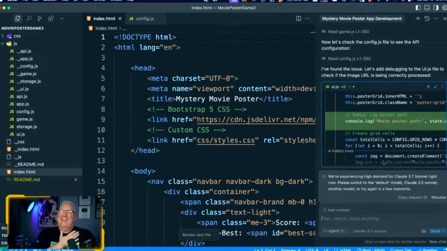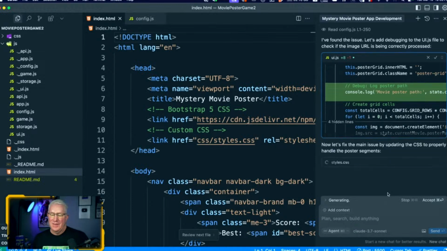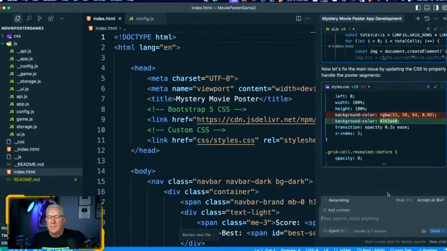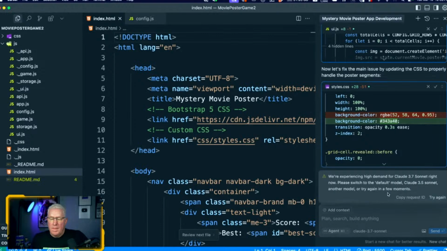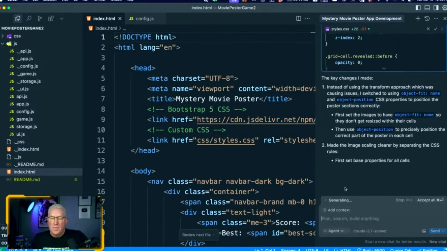Yeah, there you go. That's the problem. So 3.7 is not working. Try it one more time though, just to see. It's still working on it. Oh, okay. You know, you pay for this, and then you're really dependent on the models being available. I guess we're dependent on the internet, but this seems to be way more finicky. Hopefully this fixes it though. Just keep trying, because it's done part of it already, look. There we go.